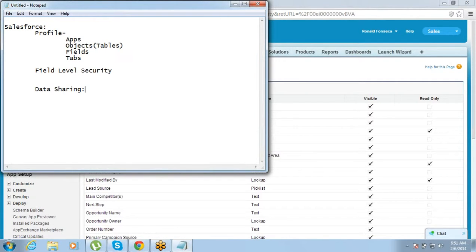Which means, let's say Dharam just gets to see the opportunity that Dharam owns. I just get to see the opportunities that I own, and AJ just gets to see the opportunities that AJ owns, right? So that is where we will need to define the data sharing.